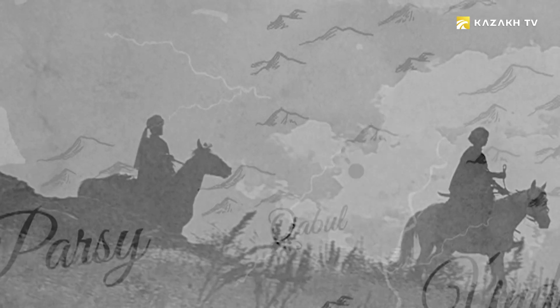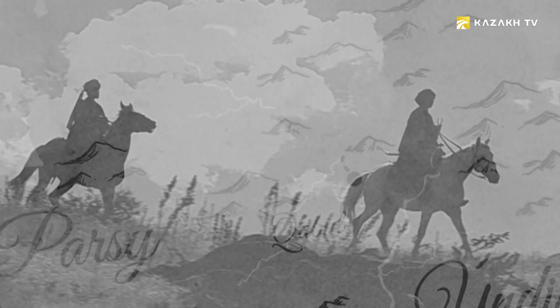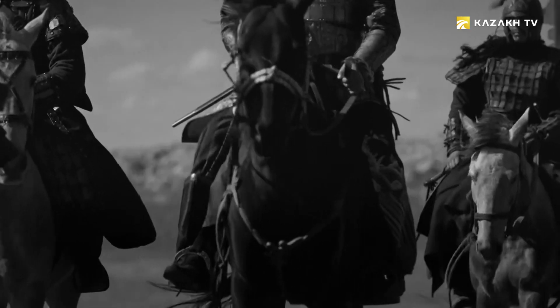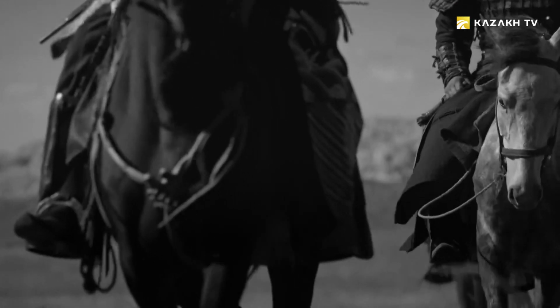Hulagu, with most part of his army, returned to Mongolia to Karakorum. 1/3 of the army, headed by Ketbuga, was left. He's a native of the Kipchak steppe, a representative of the Naiman tribe. He was a very brave warlord. For a long time, he led the army of Genghis Khan. The goal of Ketbuga was to keep all captured lands until Hulagu arrived. He and his army were in Lebanon, in the ancient city of